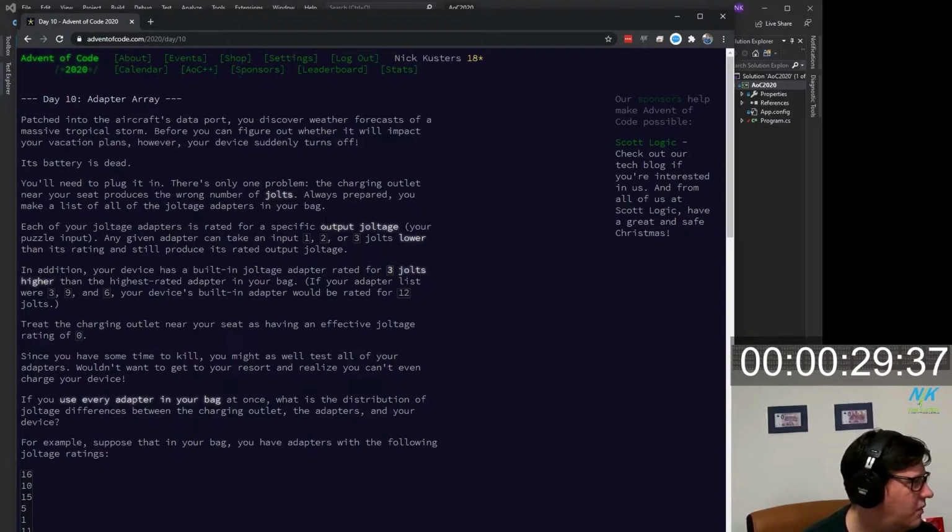Okay. Always prepared, you make a list of all the joltage adapters in your bag. Each of your joltage adapters is rated for a specific output joltage, your puzzle input. Any given adapter can take an input 1, 2 or 3 jolts lower than its rating and still produce its